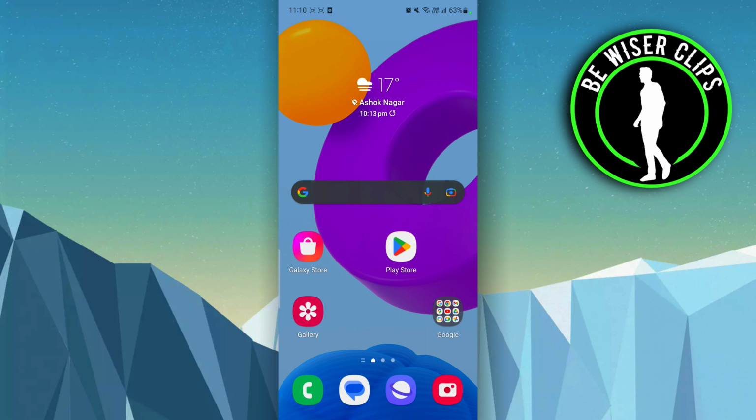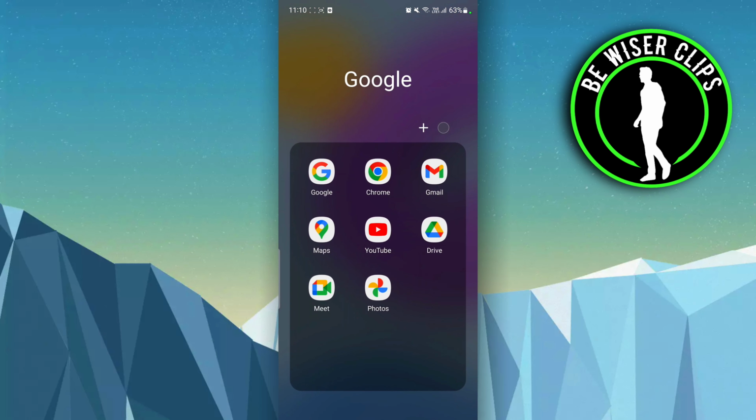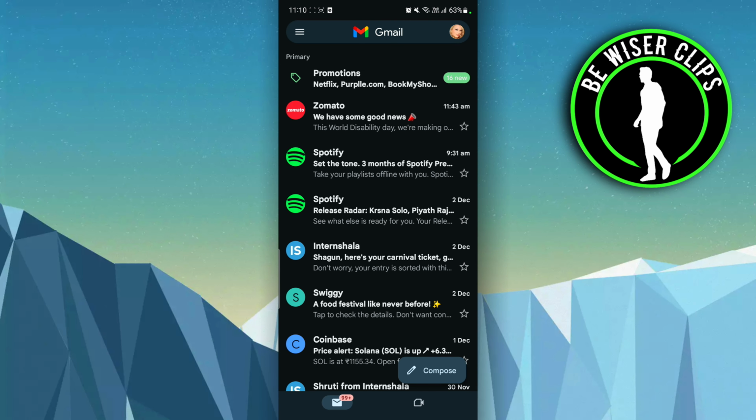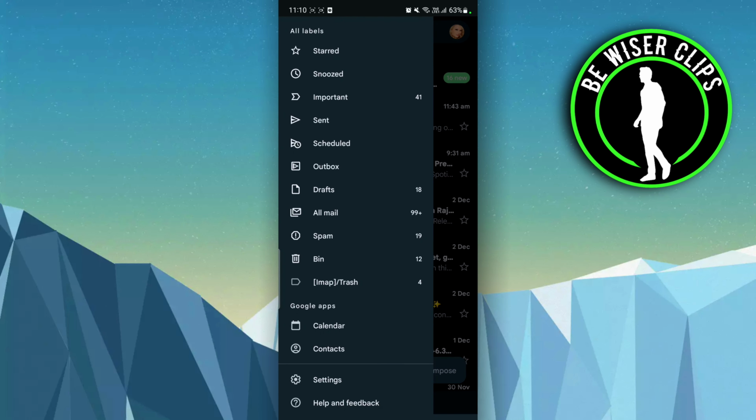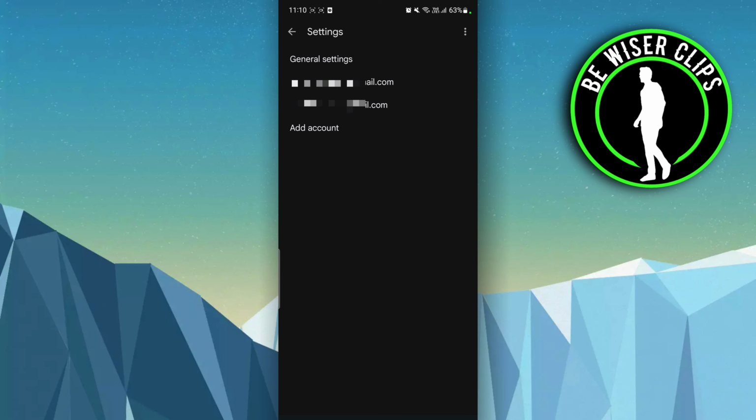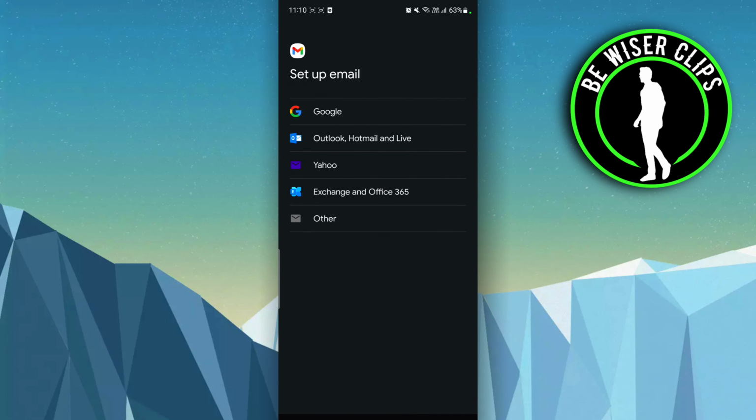So in today's video we are going to learn how we can create a Gmail account without entering our phone number. So first of all, just open up your Gmail and click on settings, and in settings you can see that there's an option for add account. Click on that, and from over here just choose Google,